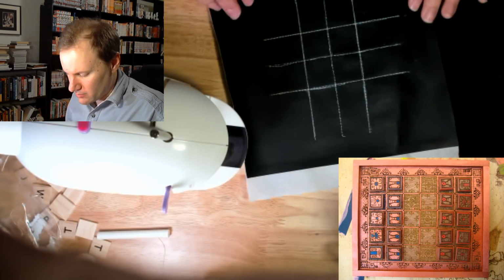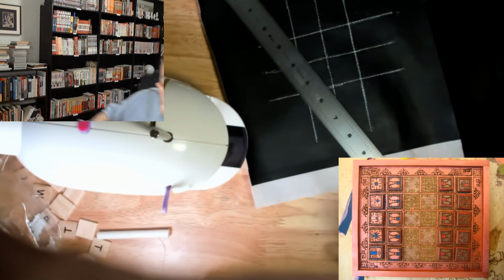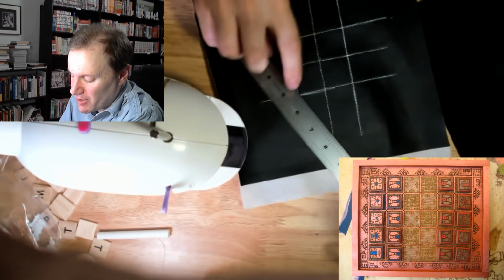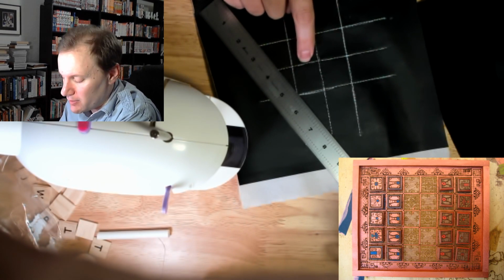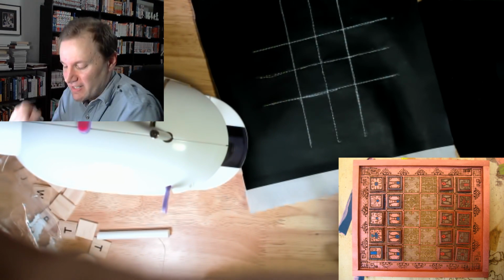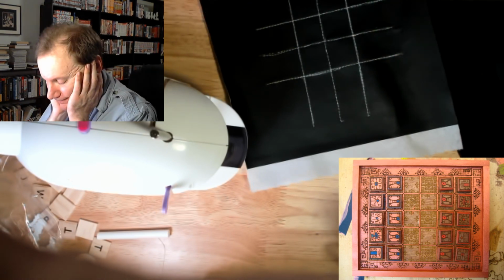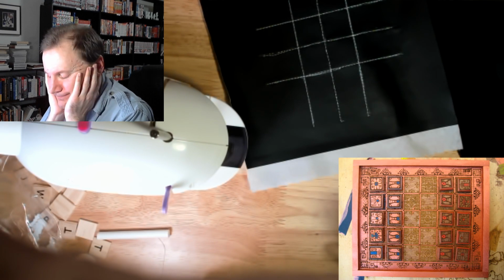So this should be... What? Shoot! I just realized something. It's 6 by 5, which means there's no center point. There's no point in the center. It would be over here. Right? So these are all wrong. Oops. Because I need 5 along. Yeah, this is all wrong. Oopsie. Okay. Well,